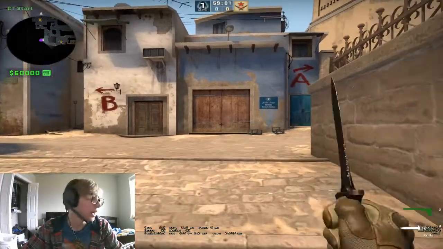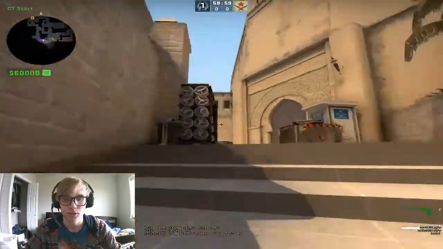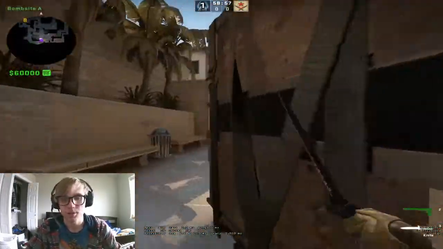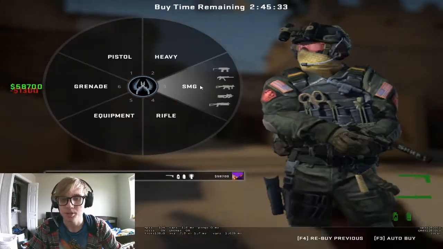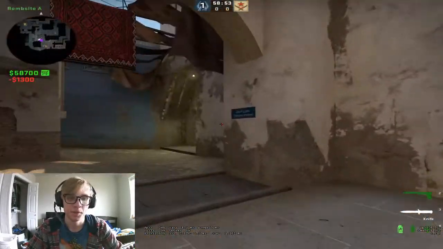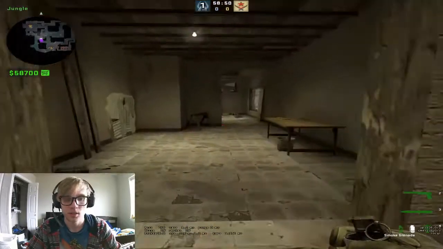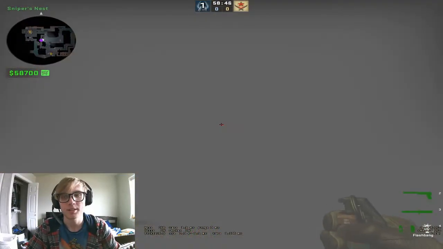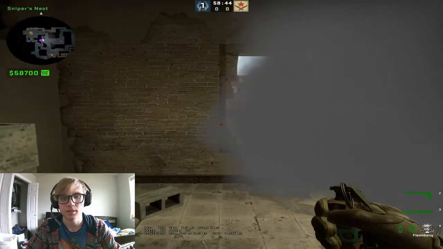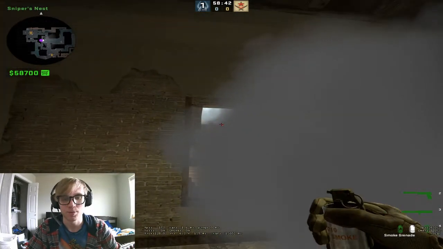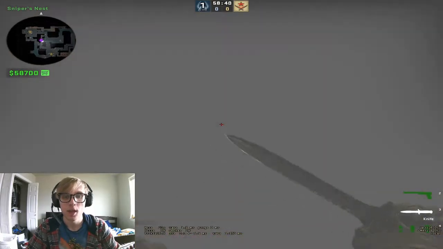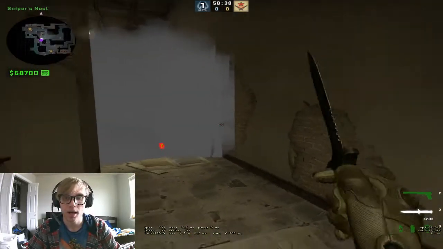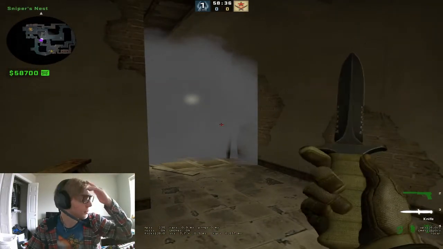So we're on Mirage here, and I'm flying around. One of the typical things that happens, let me grab some utility here, on a T side default, is they will smoke window, right? So let's say I'm opping here, I'm smoked off now. They'll probably throw a better window smoke than me just tossing one down on the floor, right? So my opper now has a couple of options, but I want to be able to support him from